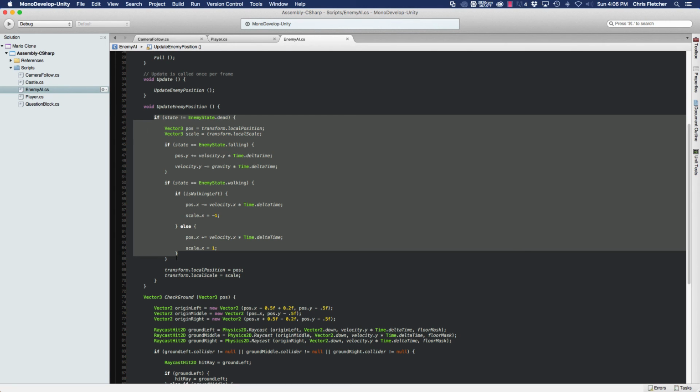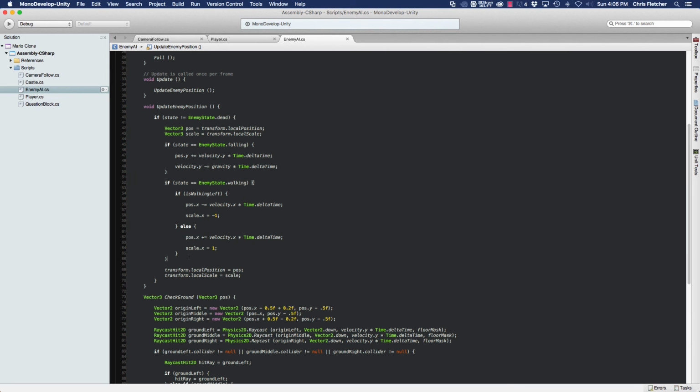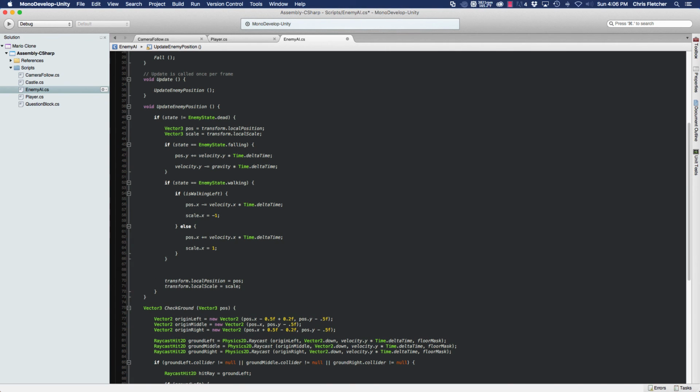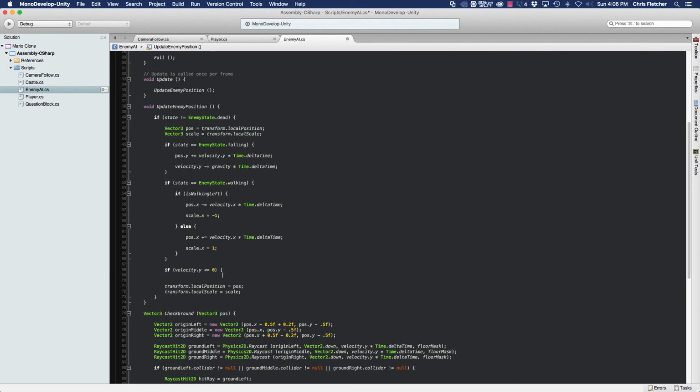Now we actually need to check to see if we're on the ground, so we still need to add that bit of code in here. We need to check if our y velocity is less than or equal to 0. If it is, then